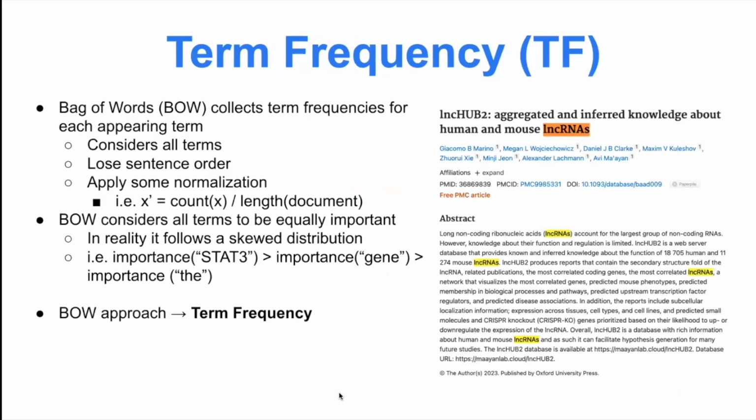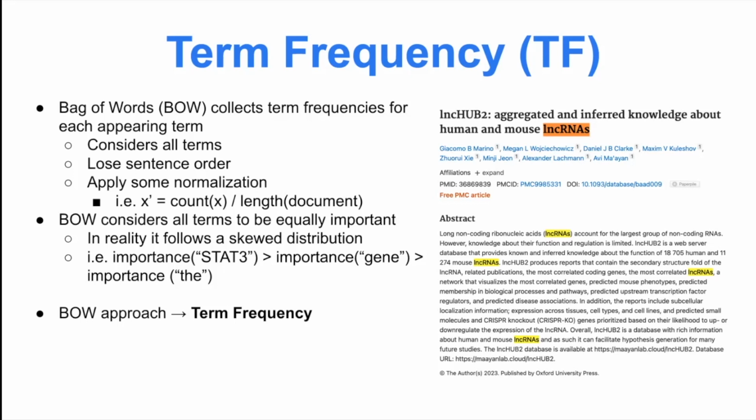So another common approach to converting words to vectors or weights is term frequency, which is a bag of words approach. What bag of words really implies is, one, that we're considering all of the terms, and two, that we're not really considering order, hence the bag of words. And in general, we can apply some normalization based on the document length, so that we're not counting longer